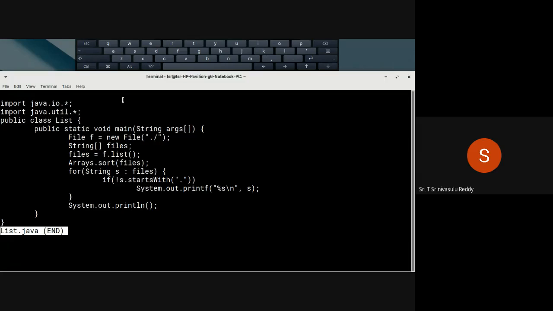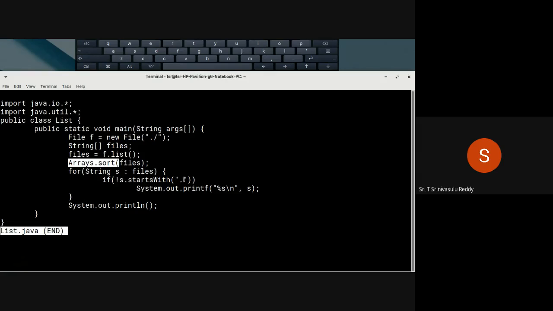In the current working directory, you are trying to list all the file names, and by using Arrays.sort, which is present inside java.util, you are trying to sort all the file names present in the files array of strings, which you get naturally by making a call onto the list method on the file object. And inside this, we are trying to